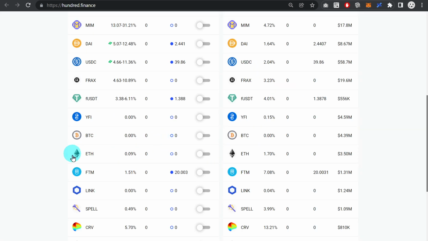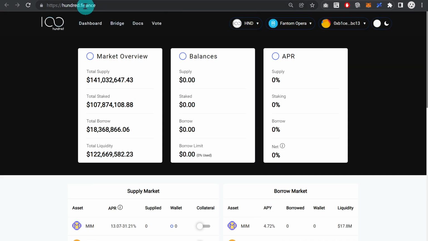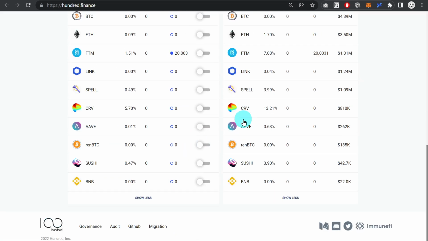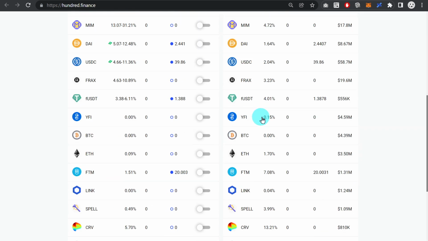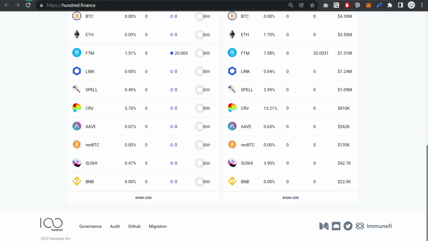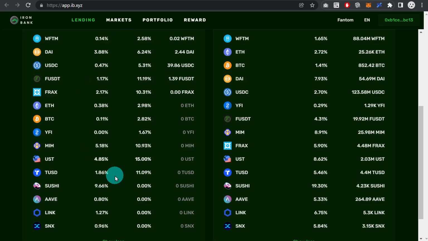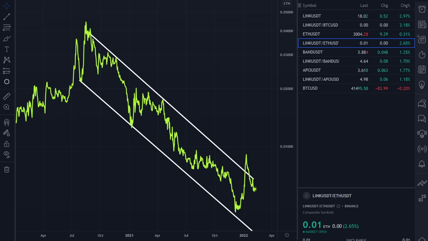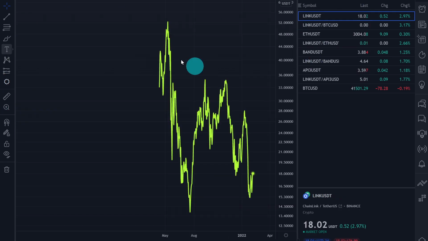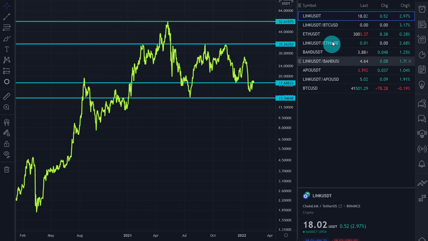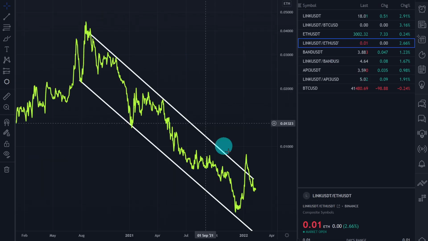Last but not least, let's also look at 100 Finance. Here we get basically nothing for depositing Ethereum, but borrowing Chainlink is also pretty much for free. So simply looking at this, it might look like 100.finance has the best deal over here. And this entire video is simply an example of what kind of strategies you can build with these borrowing and lending platforms, right? It does make sense to compare. It does make sense to look at relative valuations versus other pairs, because maybe you don't want to bet on Link versus the US dollar. Maybe you rather want to bet on Link versus another cryptocurrency.